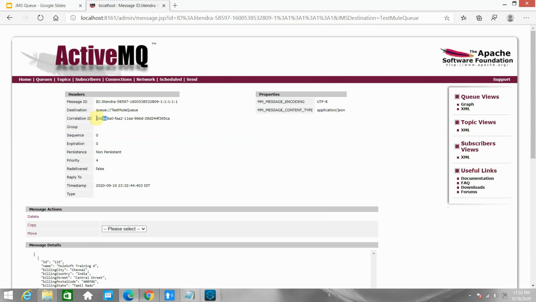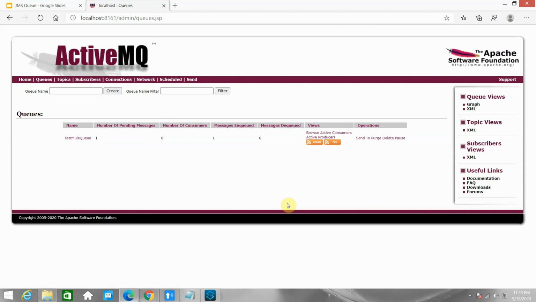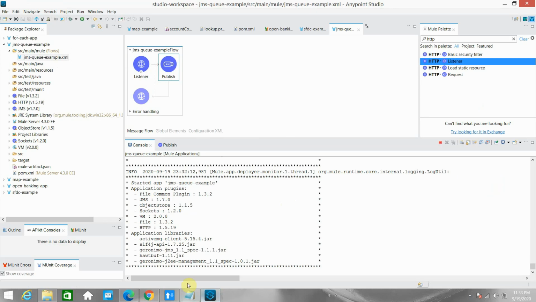This correlation ID is very useful in the request-reply pattern. So I have published that. Now I will create a consumer, either one that triggers when a new message gets added.